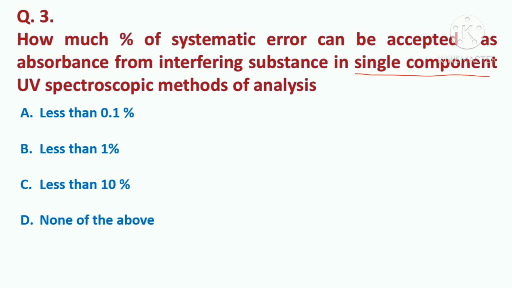So we have studied in the multi-component method of analysis, especially for single component method of analysis, where the interfering substances as the secondary substance, if they are absorbing the UV radiation together of total absorbance less than 1%, we can tolerate that, we can consider that, and we can dilute our formulation or the sample, and those impurities which are usually less than 1% as an interference can be avoided or it can be considered for the result. Okay, so here the correct option is less than 1%.